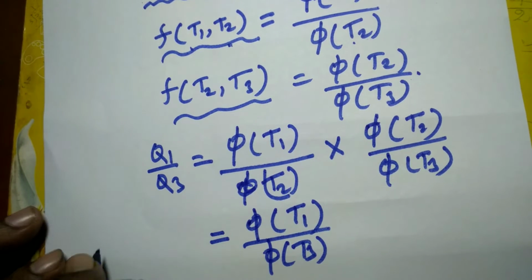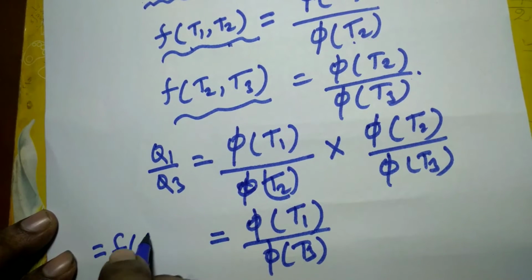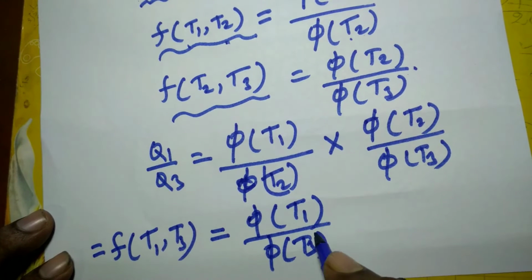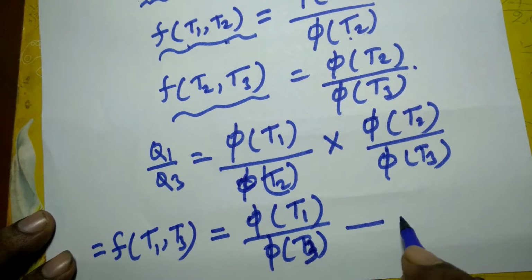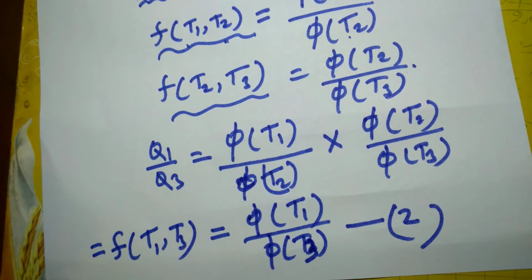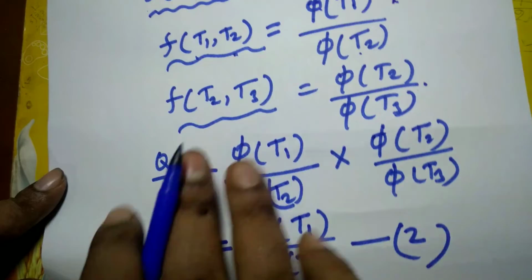And Q1 by Q3, which is nothing but F of T1 T3, is equal to phi T1 divided by phi T3. Suppose this is equation 2. This is equation 2. From this you see